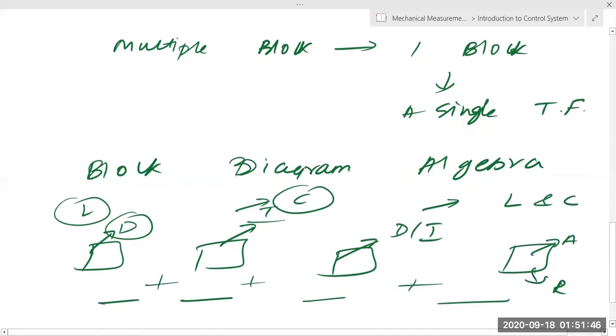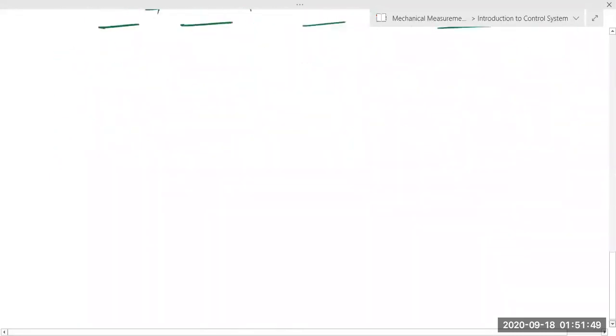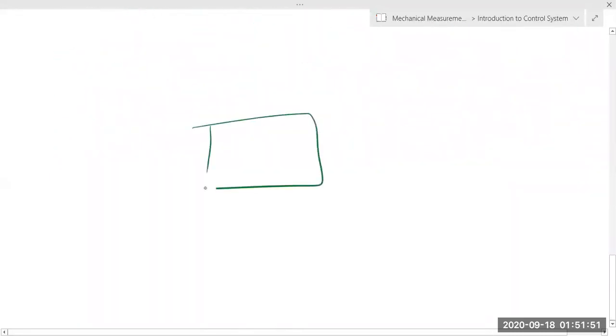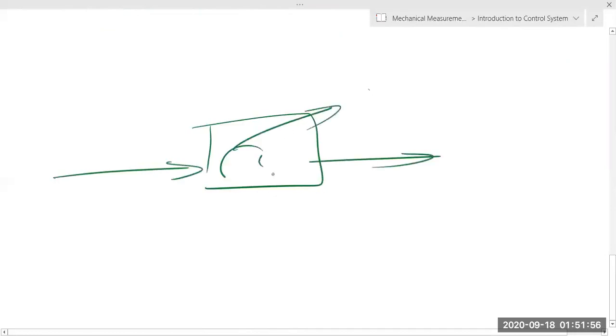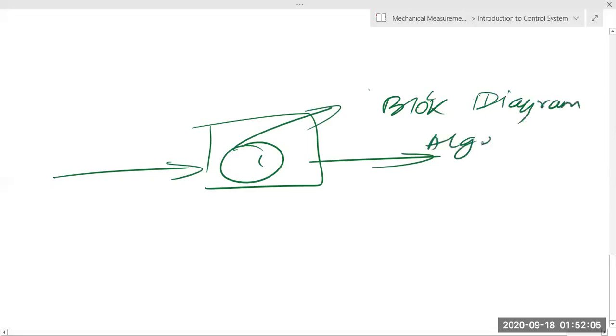this system into a single system, an uncomplicated system, then what we need to use is block diagram reduction. We convert it into one block, and this is called block diagram algebra, or you can even say block diagram reduction. Now this is very important. This thing of converting 2 to 3 blocks into one block is called block diagram reduction, block diagram algebra. Now I'm going to explain how it actually works.